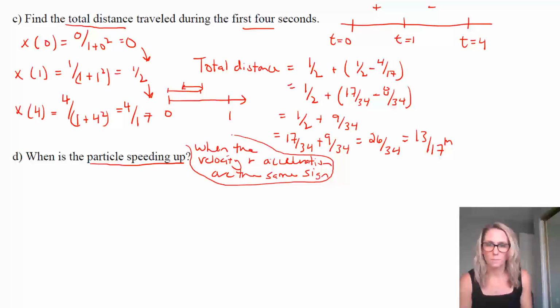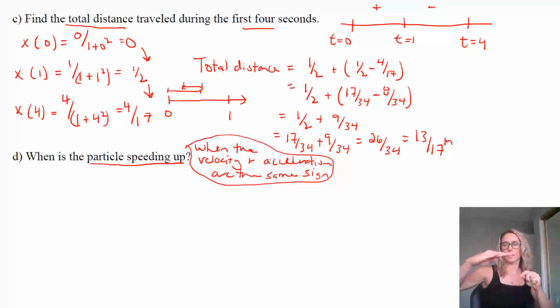So the idea here is, if you're moving in the positive direction and then you put your foot on the gas, your velocity is positive and your acceleration is positive and you're speeding up. But because we have the idea of direction here, you could also be going this direction. Your velocity is negative. If your acceleration is also negative, then you're speeding up, but in this direction. So we care about two different things. We could be in this direction or we could be in this direction. But the idea is they should have the same sign, so either both positive or both negative. That's what I mean by that.